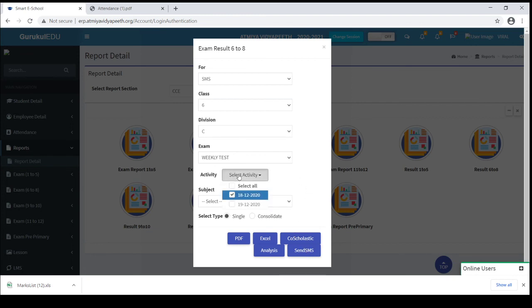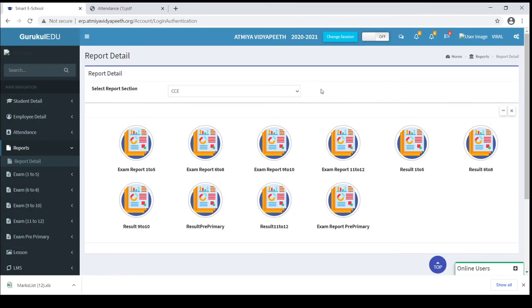So for the particular activity which you have selected, this test mark will be sent to the parents by SMS. Okay, so this is for the full report card and your students analysis reports.